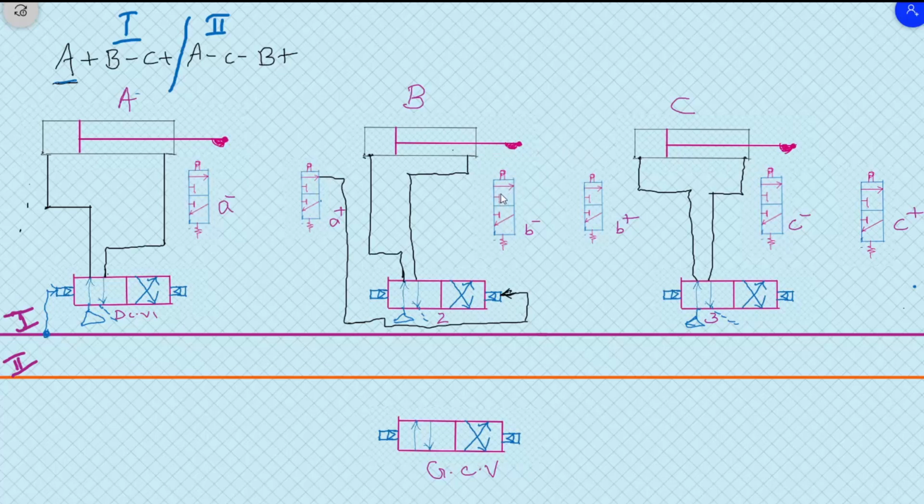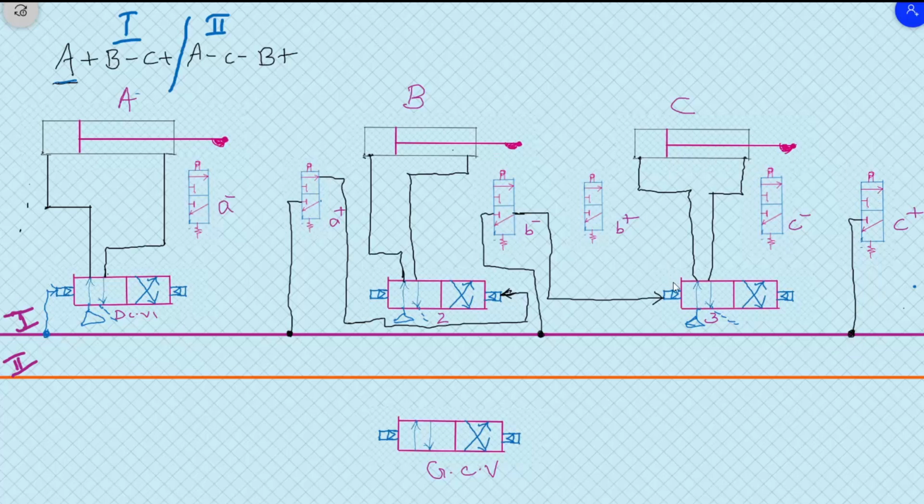Now, the next step after this is C plus. The signal from B minus, that is after the cylinder B comes back to the fully retracted position, the signal from the limit switch B minus is given to the DCV3, which actuates the cylinder C. It is connected to the left hand side of the DCV as that is connected to the extension stroke of the cylinder. Now for the limit switches falling under group 1, the pressure inlet is connected to the pressure line 1, so that when they are actuated, they will have enough pressure supply that is diverted to the pilot operated DCVs.